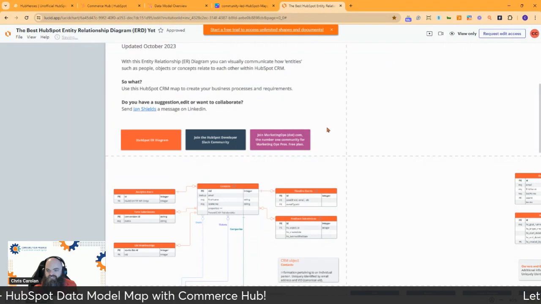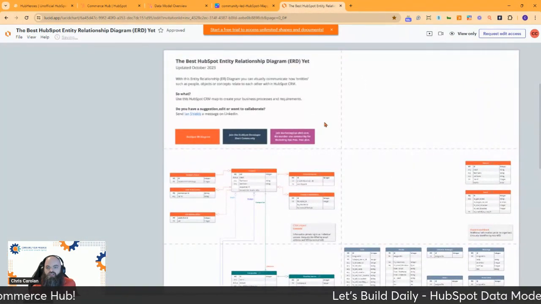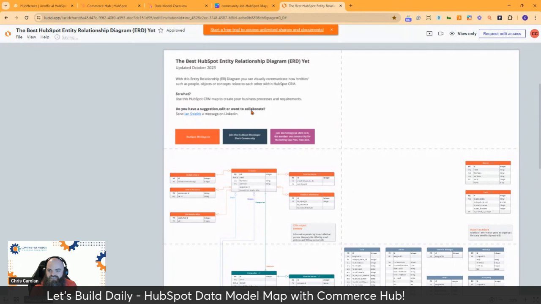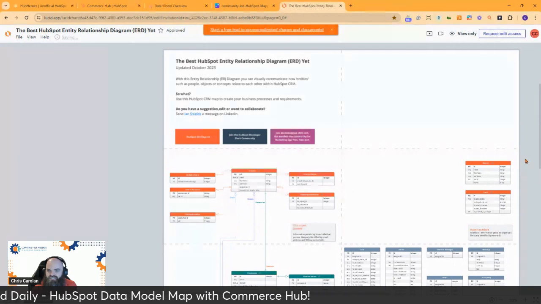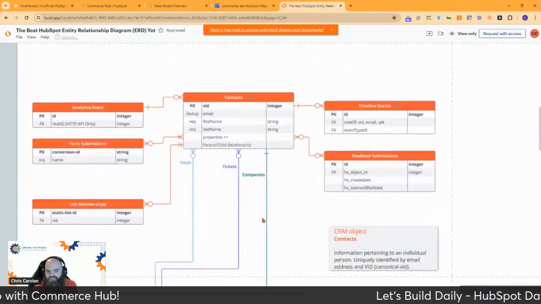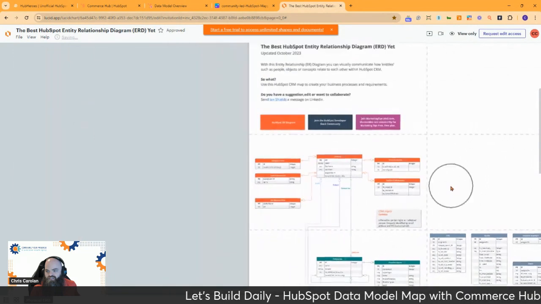This was one that was shared with me, made by Ian Shields, who I'm going to be chatting with on Friday. He's agreed to work with me on this. So it goes a little bit deeper, a little more detailed, with calling out form submissions and list memberships. And